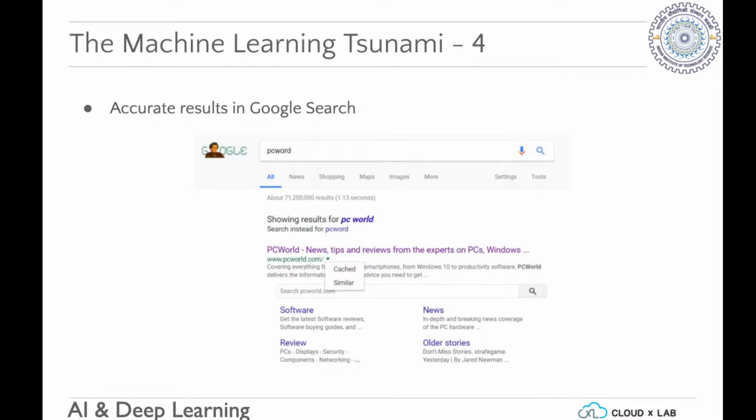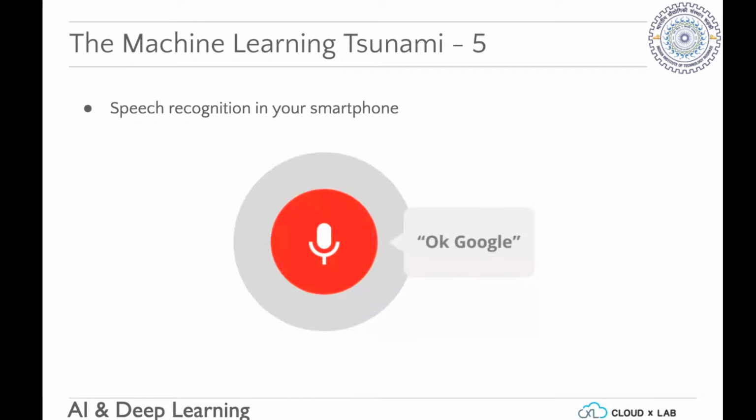Google search, actually, even all search today is very influenced by machine learning. All the search engine providers are figuring out patterns. They're figuring out what you like, what your tastes are, based on your browsing history and your search history, and it tries to put the most relevant search item in the front so that you can find what you need very quickly. So we are being impacted by machine learning in more aspects than you can imagine.